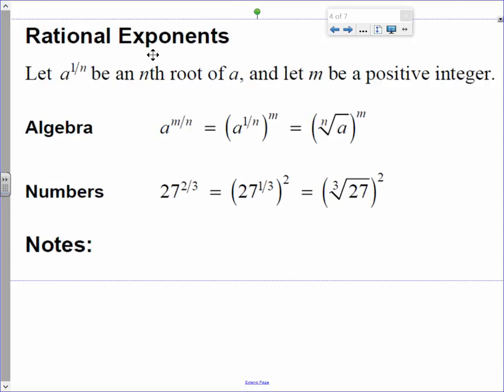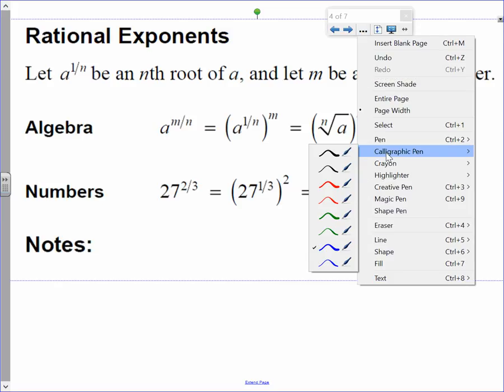Page here. I said we're going to come back to this. Flip the page on the note guide. It says rational exponents on top. Now what we're dealing with is, what if we have the situation now